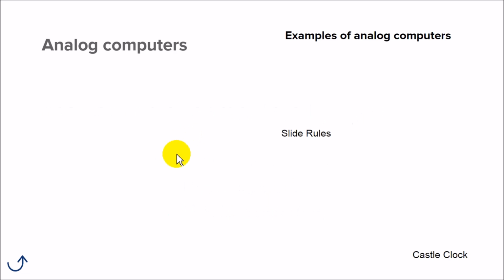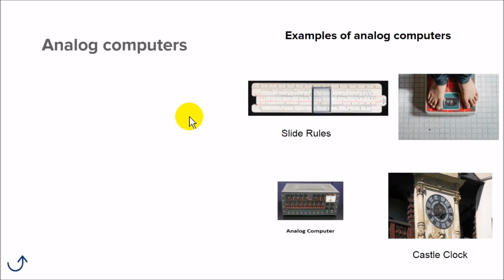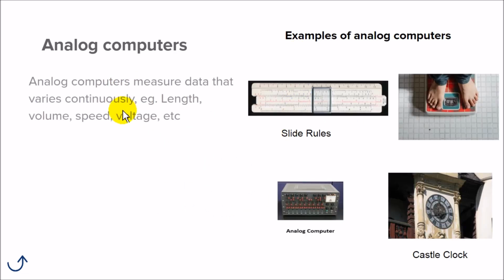So let's start with analog computers. So what are analog computers? Analog computers are simply types of computer that measure data that varies continuously, like length, volume, speed, and voltage. Okay, one of the major characteristics analog computers are known for is that they don't have memory, so they measure variable data, okay, in forms of your ruler, your slide rules, scales,